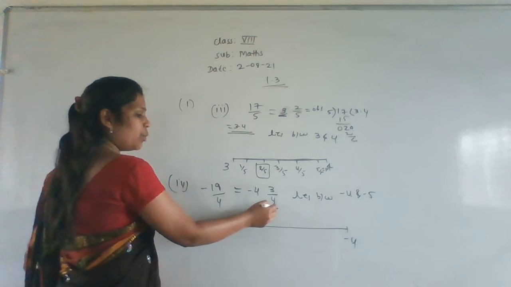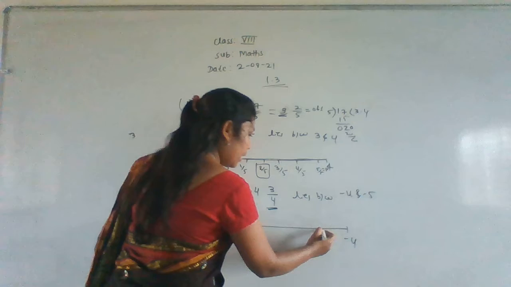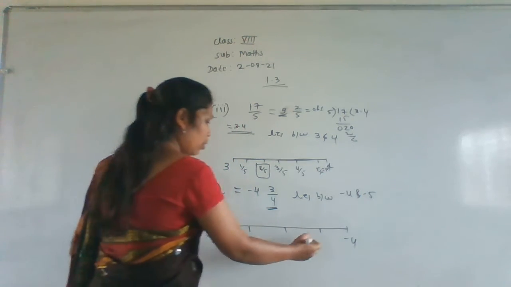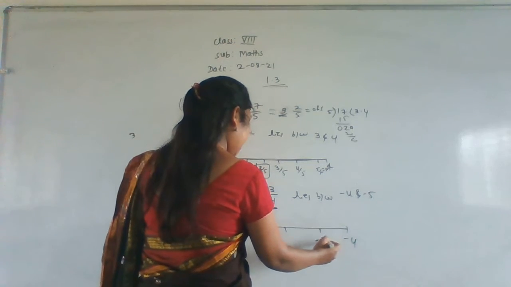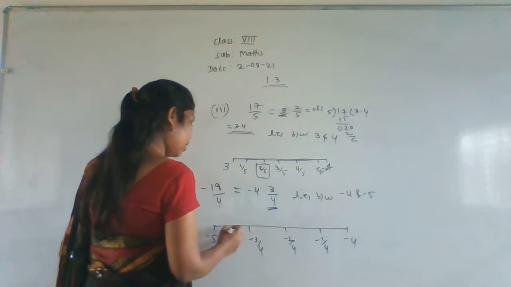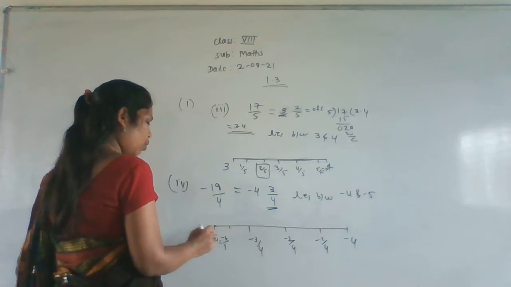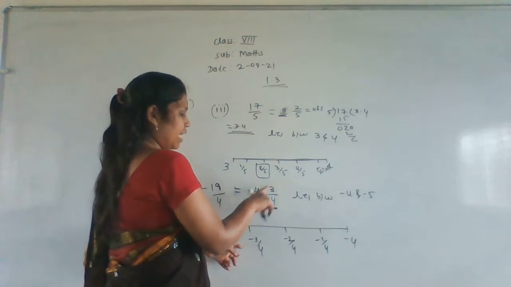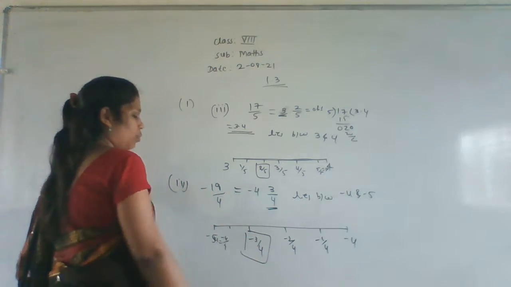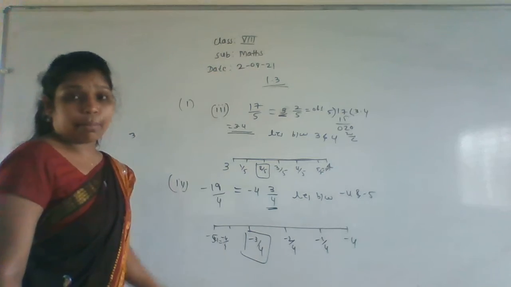In the denominator we are having the number 4. Then you have to make here 4 equal parts. Make here 4 equal parts. 1, 2, 3. This will be the 4. So here it is minus 1 by 4, minus 2 by 4, minus 3 by 4. And here minus 4 by 4, that will be equal to 1. Here minus 1 into 5. So it is nothing but where it is 3 by 4 here. 4 integer minus 3 by 4. This is the representation of rational numbers on the number line.